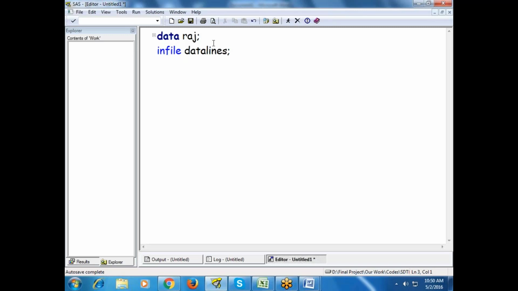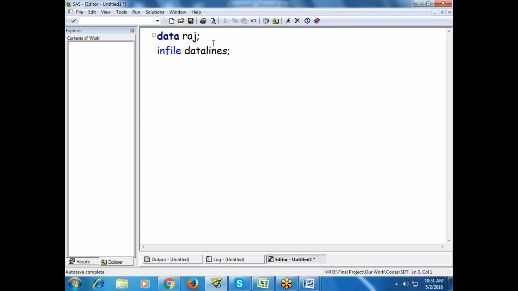This is standard text. One more point to keep in mind is that at the end of the line you have to give a semicolon.